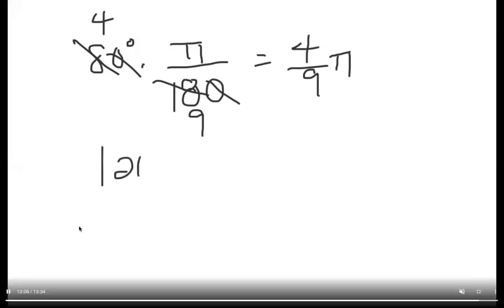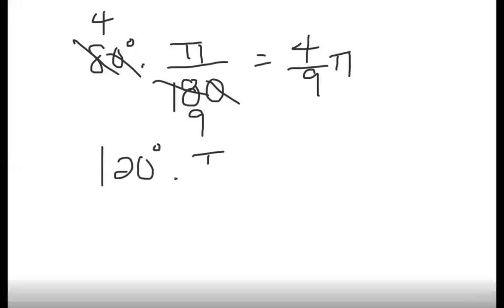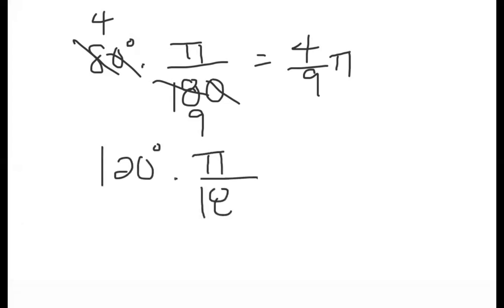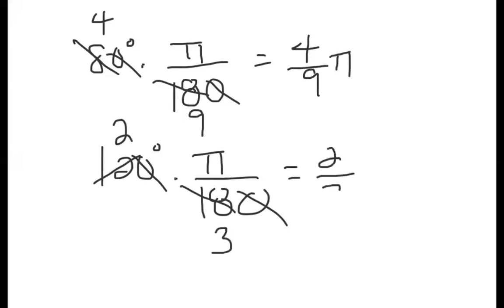But guys, this is the last one, 120 degrees. We're converting it to radians. So you multiply by pi over 180, cancel out the zeros, of course. And then 6 goes into 12 2 times, 6 goes into 18 3 times. And so this simplifies to what? 2 pi over 3, guys. So 120 degrees is approximately 2/3 of pi, which makes sense, guys, because 120 degrees is less than 180,